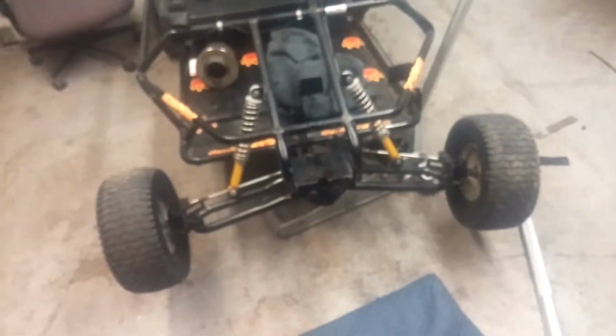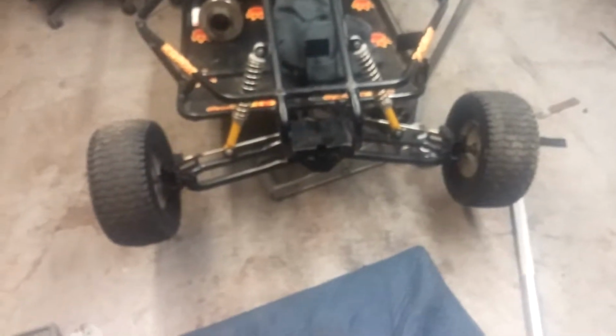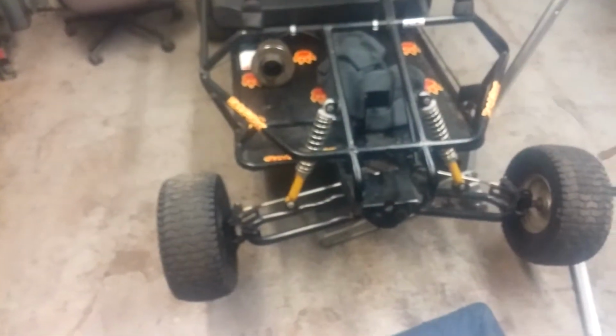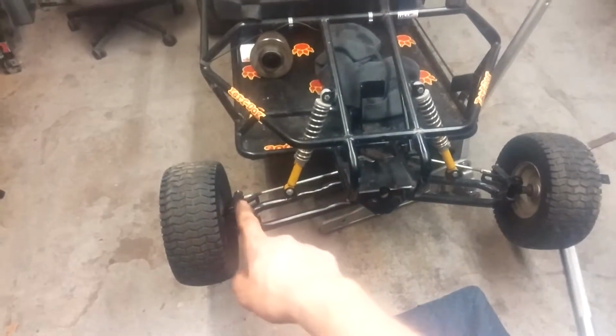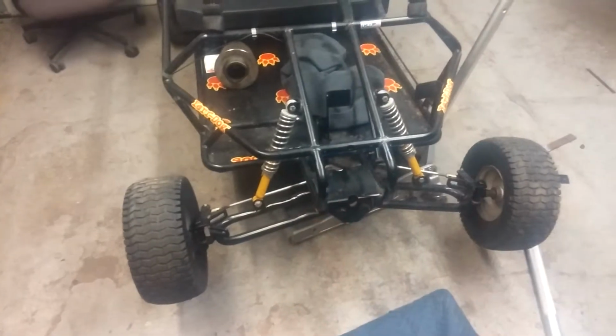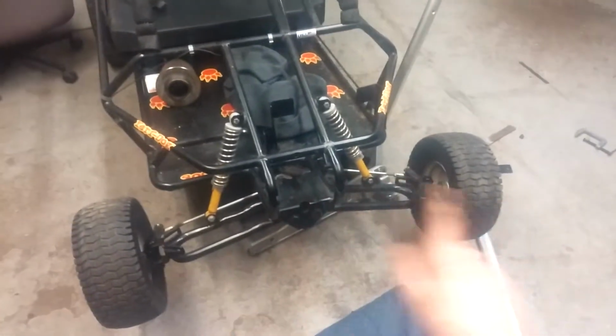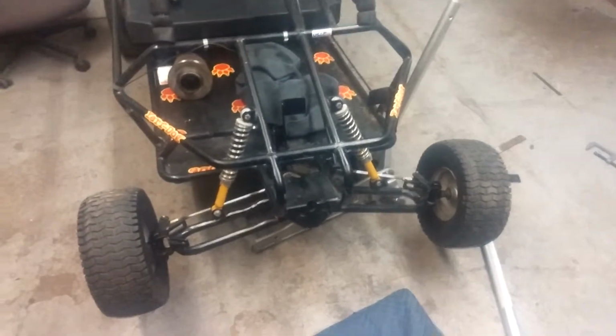They seem to be close to symmetrical. Both of them are cambered equally, it looks like. Maybe that one's got a little bit more positive camber, but that's probably just because of that bend in the control arm there. Eventually, I'll make something there. Maybe I'll make two new control arms. They're easy enough to make, just a single control arm. What I did here, though,